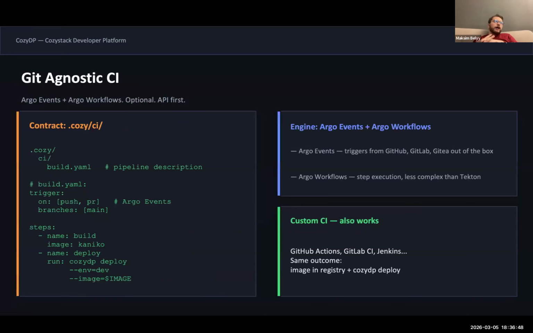So we can write some wrapper on top of Argo Workflows or Tekton pipelines and connect them via Argo Events. For example, when you create a pull request in GitLab or GitHub, Argo Events fetches this pull request and starts pipelines that actually build your image, push it to the image registry, and deploy a new version.